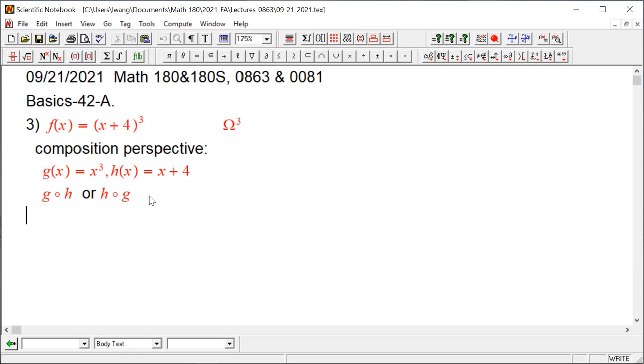Okay, you guys, do G composite H. G composite H, what do you get? I got bracket x plus 4 and bracket cubed as the end result. All right, and how about the other one? I'm still doing that one. Okay, good. So this is x plus 4, and G is